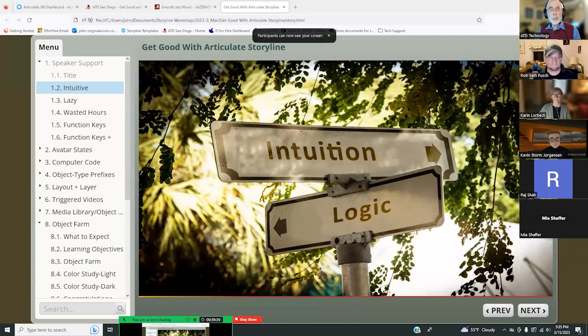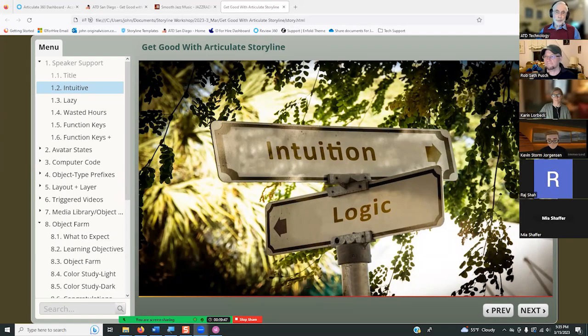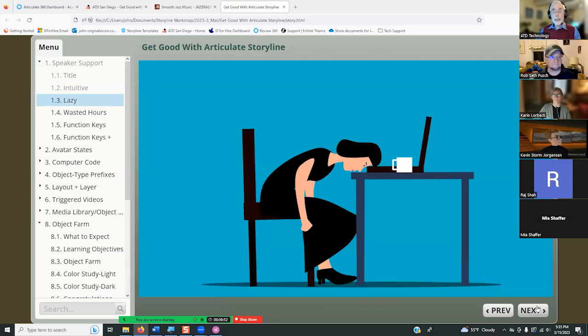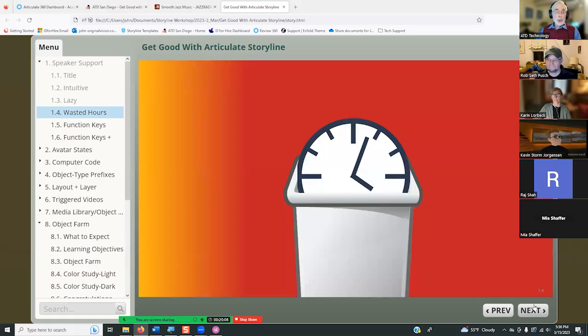To its credit, Storyline is pretty intuitive, especially if you already know something about PowerPoint. Right off the shelf, it can be used to create something without much learning curve. Being human, which is to say lazy and often on deadline, it's easy to just keep doing whatever worked for you the first time. Manually formatting every slide without bothering with the master slides, manually formatting every paragraph, and eyeballing colors without bothering with themes. In short, wasting hours because a few minutes were not taken to learn how to work more efficiently and turn out a better product by taking fuller advantage of everything Storyline can do.